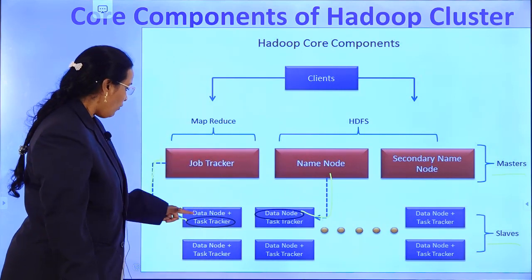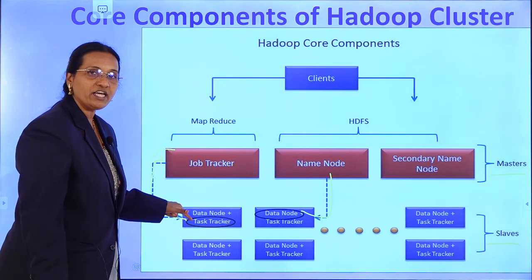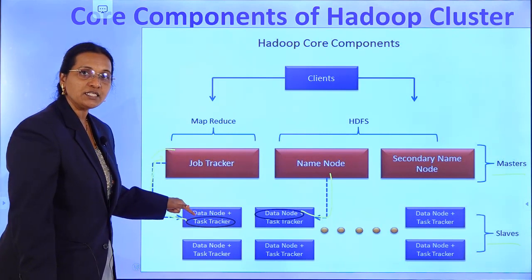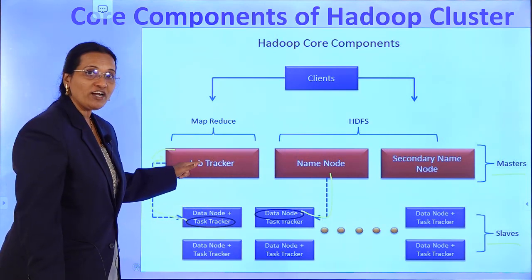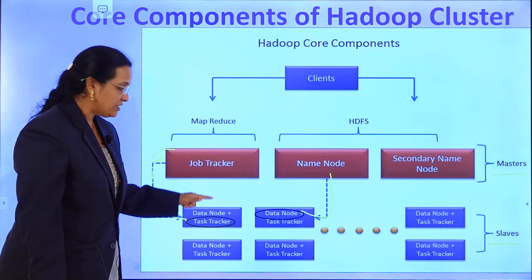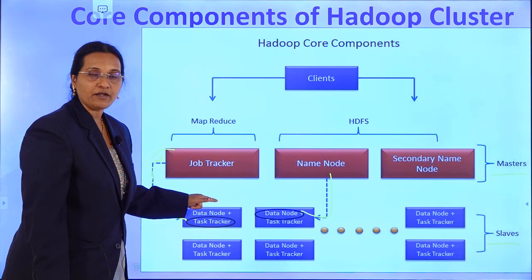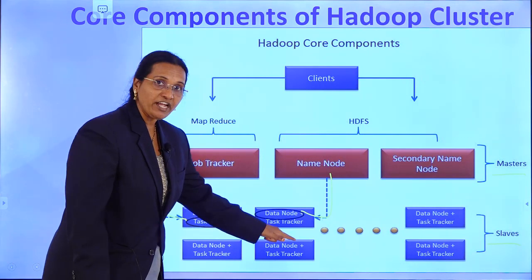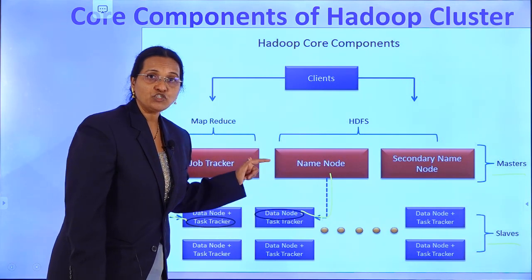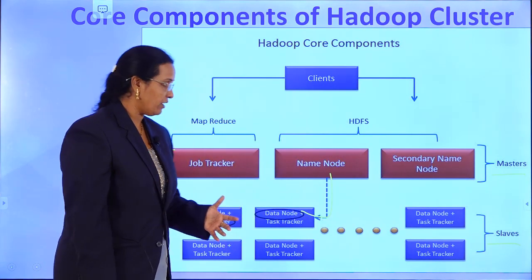That means the job tracker's duty is to find out whether this node is working or not, whether the node is performing the computation job or not. If the job tracker is not getting the heartbeat, that means this node is not working. Why? Because there might be a hardware failure. If there is a hardware failure, immediately a fault tolerance action must be taken. Wherever a node is vacant or idle, the job must be assigned to that node, and that internal process is going to happen.